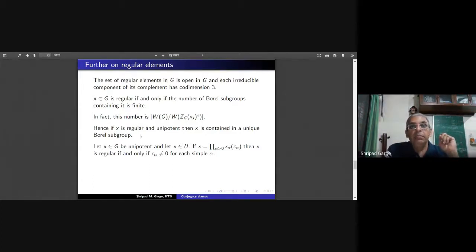And moreover, if you take your element X to be unipotent, then its semisimple part is trivial, right? If your X is unipotent, its semisimple part has to be trivial. So the centralizer of the trivial element is again the whole group G. So this number becomes 1. If you are looking at a regular unipotent element, then the centralizer of its semisimple part